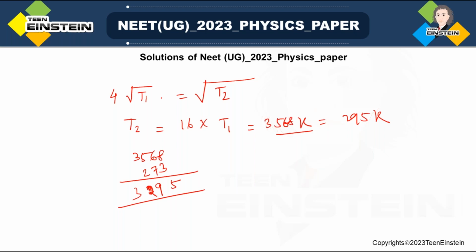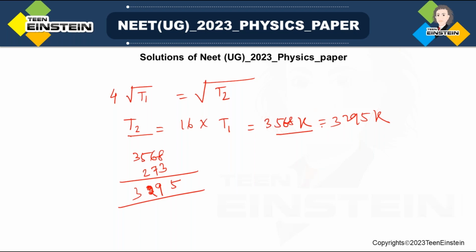So this will be T2. T2 is actually this much, the temperature to which we have to heat it up. We have to heat the gas up to this temperature,